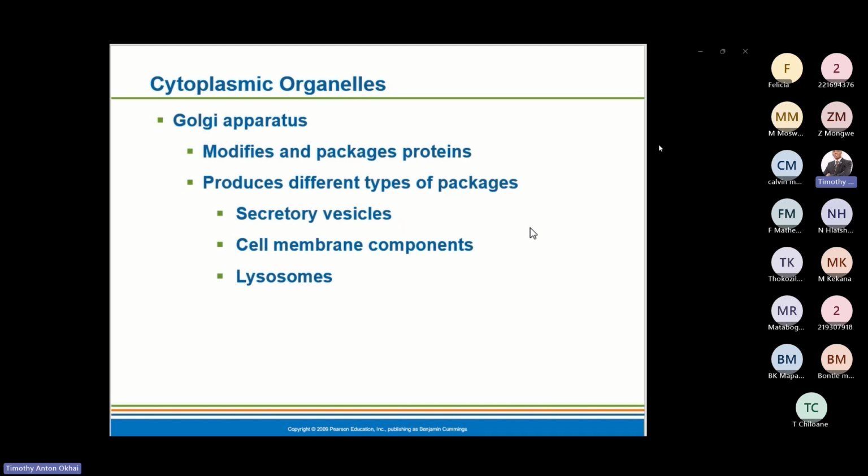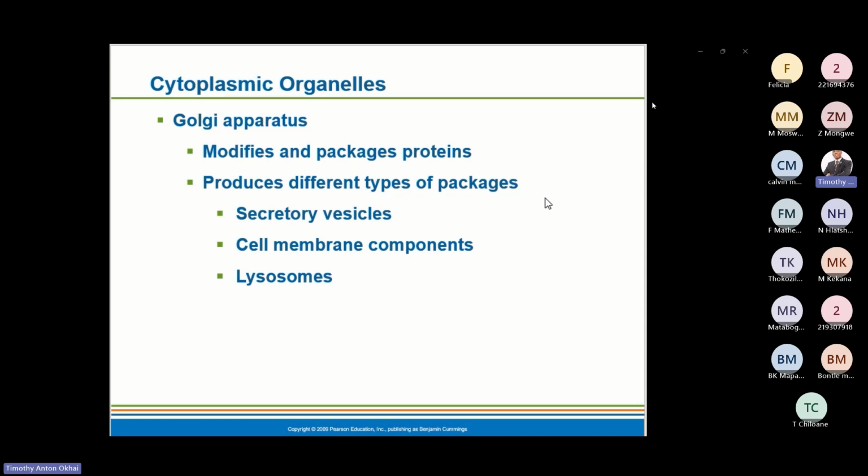So the other type of cytoplasmic organelle we have is the Golgi apparatus. Some call it Golgi, but I like to call it Golgi apparatus. Doesn't matter how you pronounce it, provided you spell it correctly. So a Golgi apparatus modifies and packages proteins, and it produces different types of packages like your secretory vesicle, cell